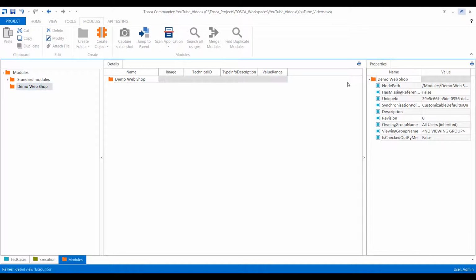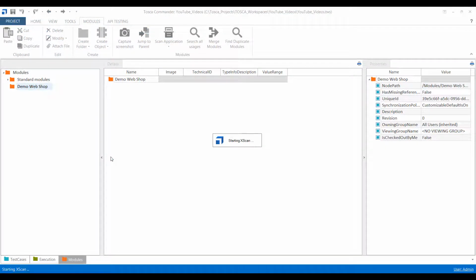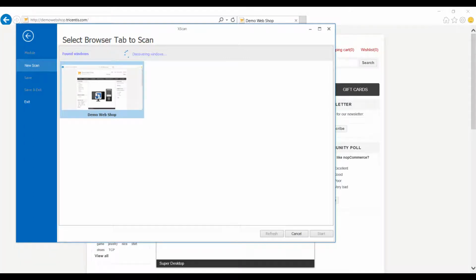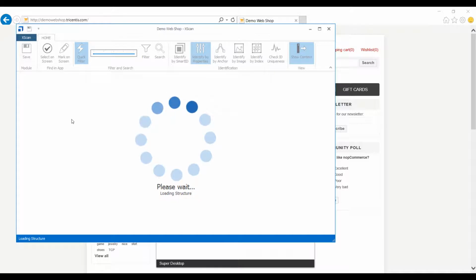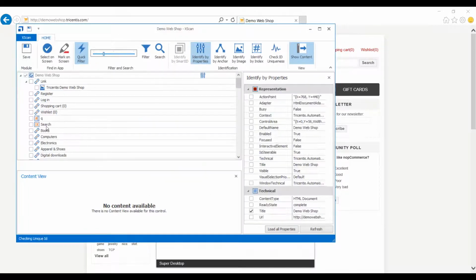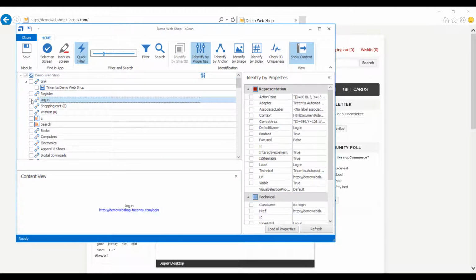I will close this. So I'm going to scan one page, which is the demo webshop page, and select one control there. So here I will select the login link